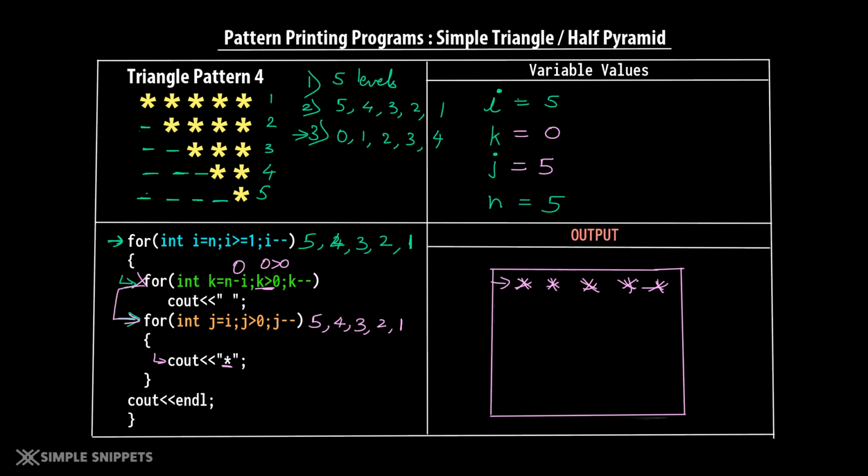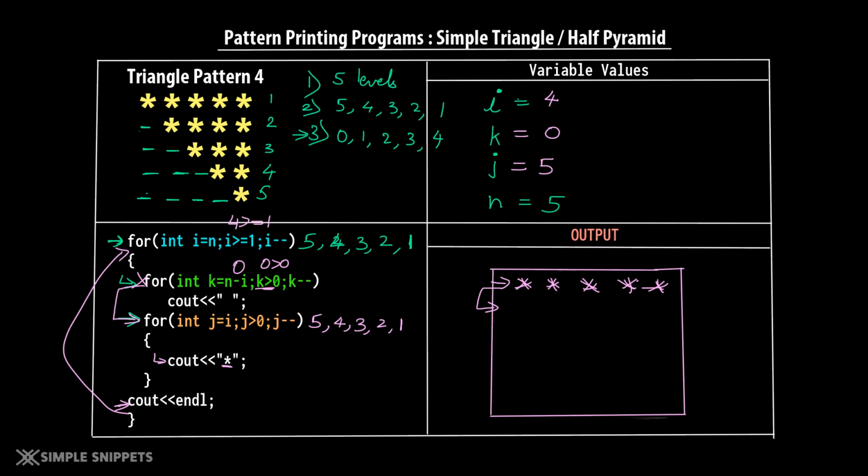Even over here the change will happen where the number of spaces will slowly increase. And of course we'll see how that happens. But after this for loop is done executing, we have 5 stars and we will come at cout endl and we'll come to the new line. Now I'm not going through the individual steps of this for loop because I'm assuming you guys have got the idea. So when you come at the end of the last statement of the outer for loop, you'll again go to the start. I minus minus will happen. I was 5, so I will become 4. Is 4 greater than equal to 1? Yes. So again you'll go inside the for loop.